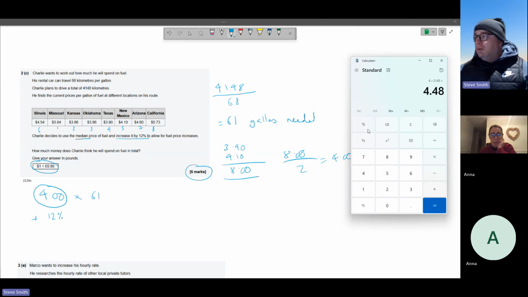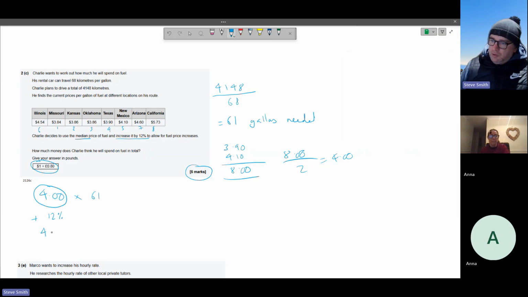Or if you haven't got, or you don't know how to use that button, you can put 4 times by 1.12, the 12%. We need the 4, that's the 100%, and then we need the 12, same price. So if you've got the percentage button on a calculator, just click add and then 12%, and it'll give you it, but we didn't. So we're going to put 4 times 1.12 equals